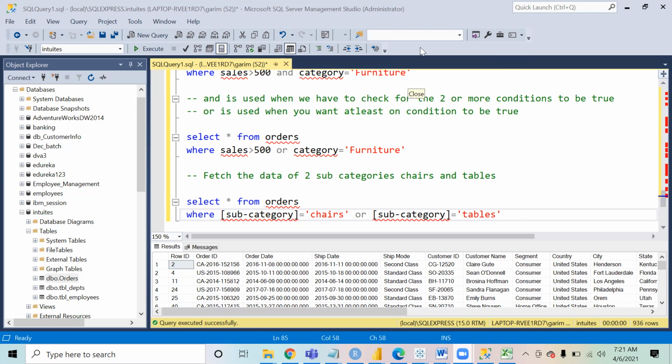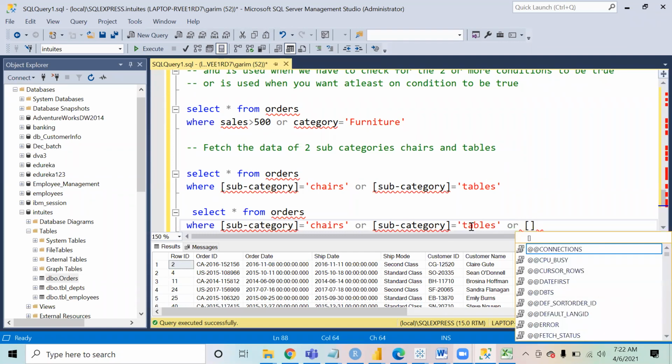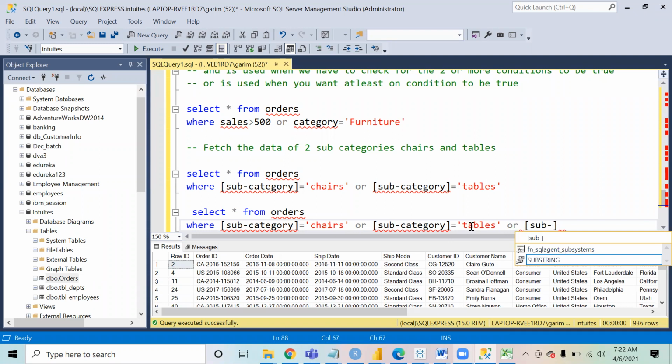Right now, if I change this question, and I say I want to fetch the data for chairs, tables, and I also want the data of furnishings. So what I will do in this case is add OR, and one more condition, OR subcategory is equals to furnishings.